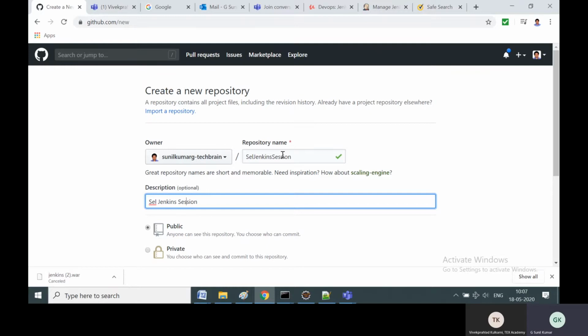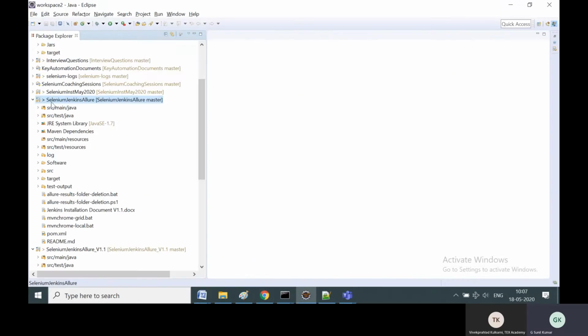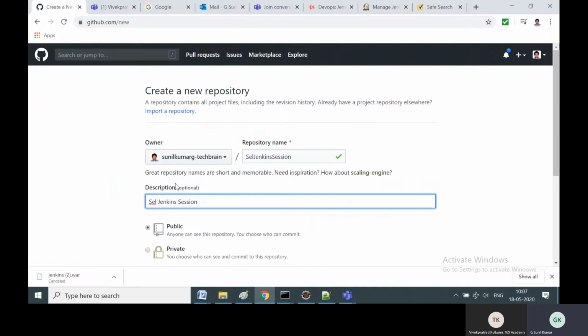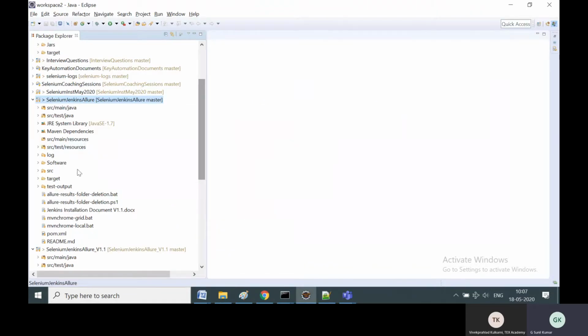Or, to make it a little easier, you can type this name, guys, Selenium Jenkins Allure, because that is the easiest one. You need not change any POM file or anything. Selenium Jenkins Allure. Same thing, whatever you see on the screen, type it: Selenium Jenkins Allure.